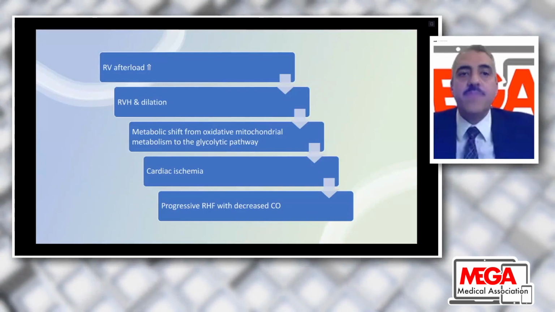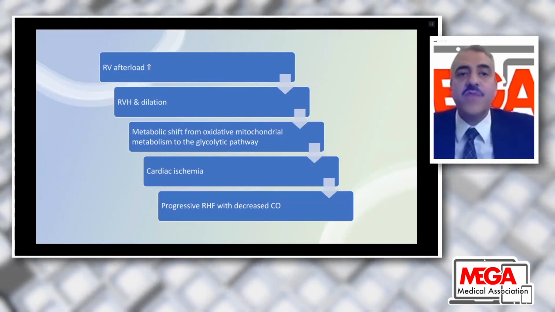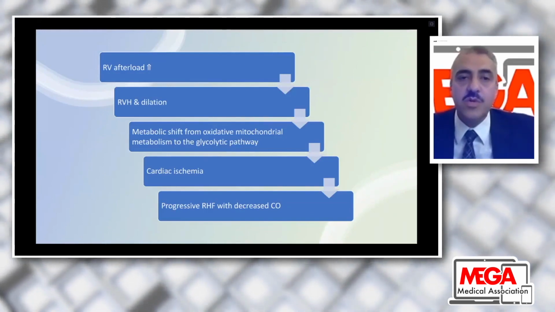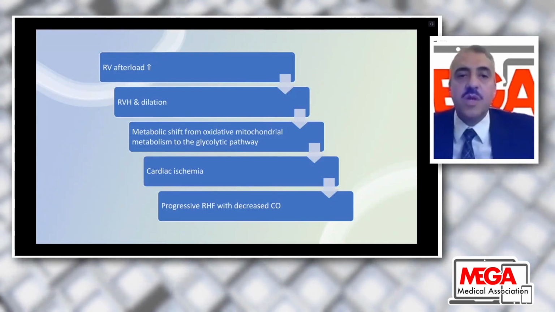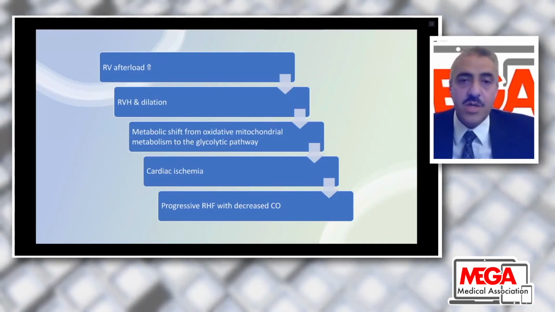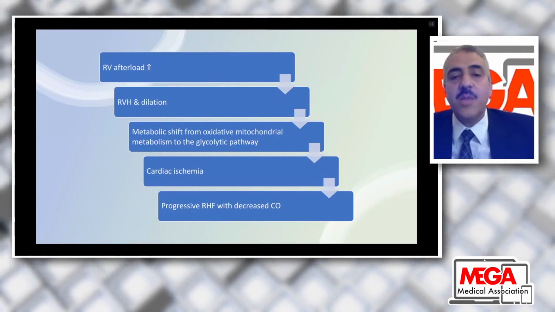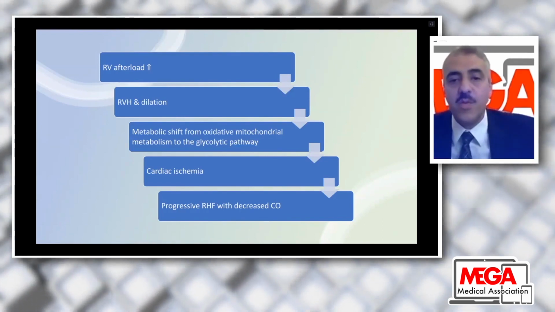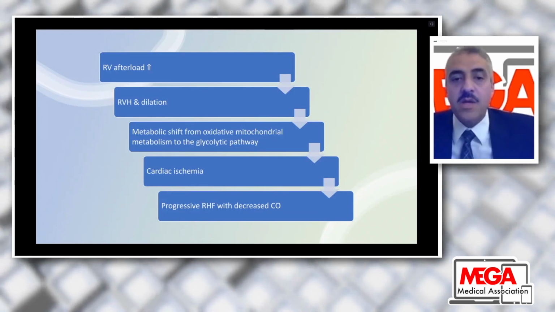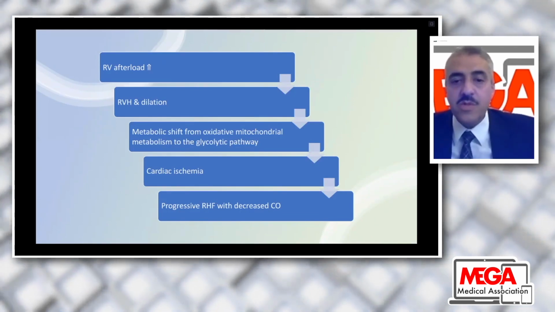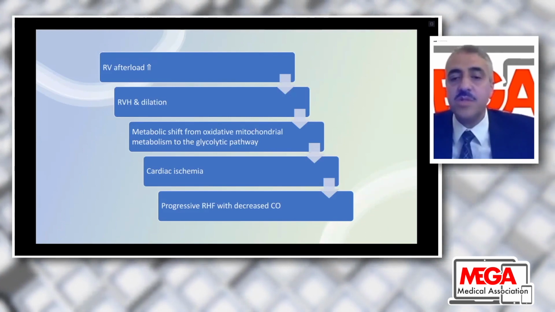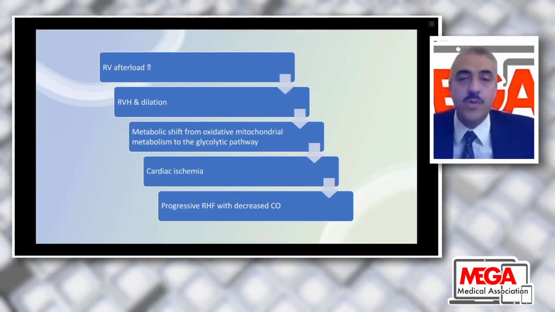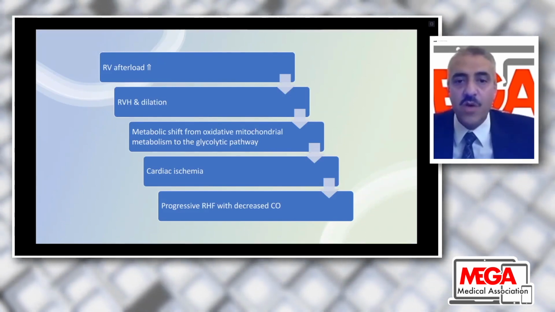When pulmonary hypertension starts, it is followed by an increase in right ventricular afterload, and this induces right ventricular hypertrophy and dilation, and this induces a metabolic shift from oxidative mitochondrial metabolism to the glycolytic pathway. Cardiac ischemia follows, and progressive right heart failure starts with decreased cardiac output. This is the pathophysiology of